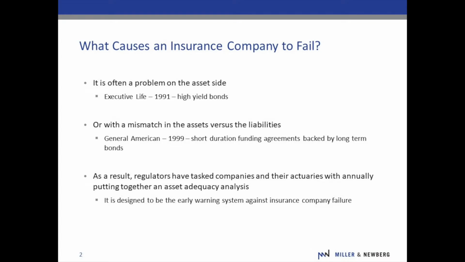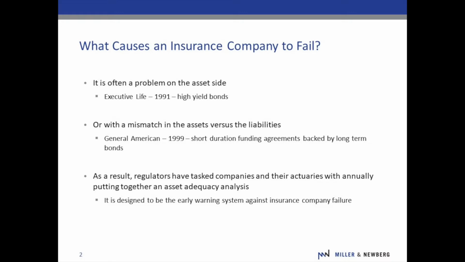So these scenarios can happen. These scenarios do happen. And as a result, regulators want there to be an early warning system so that company management can know and so that regulators can know that this risk exists within a company, and so that there can be a conversation around that risk, and so that maybe the company can change course and do something to mitigate that risk, so that indeed, if the problematic economic scenario plays out, the company actually has changed something about their assets or their liabilities so that they can survive the scenario.